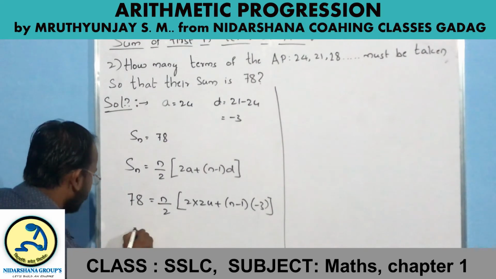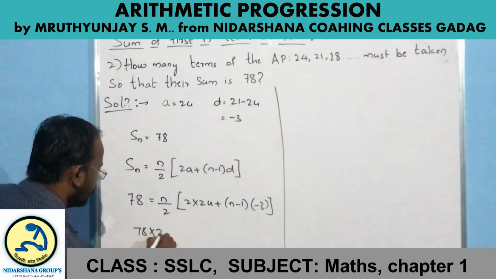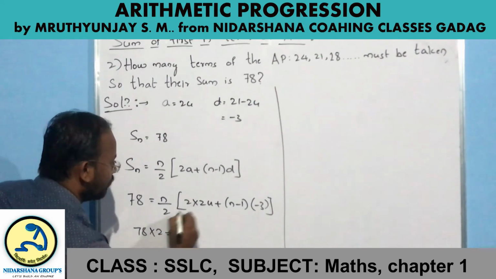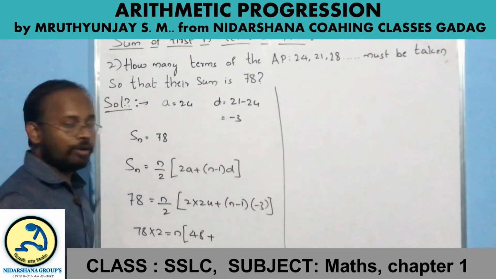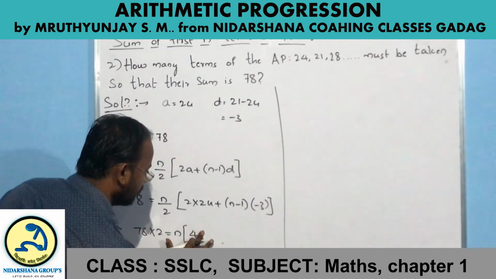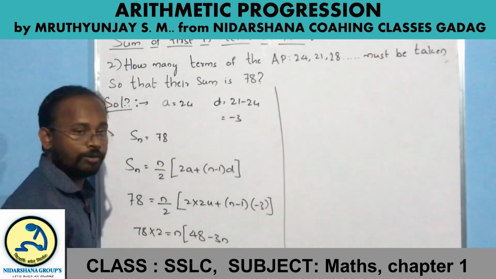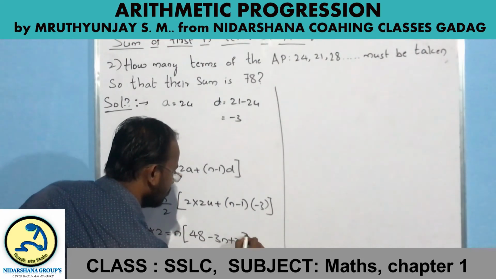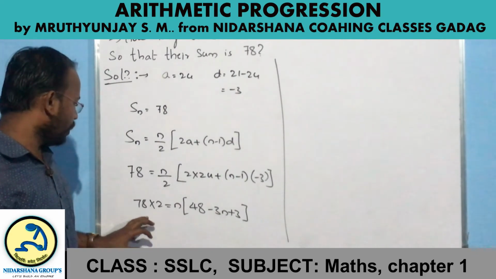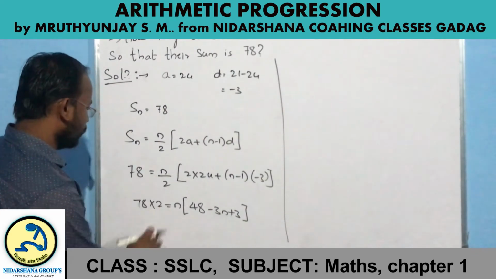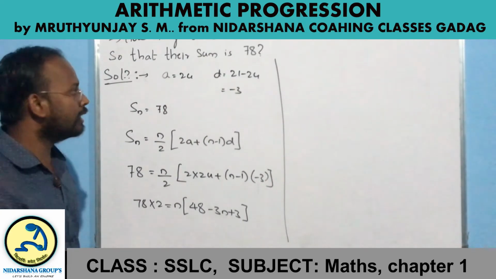Okay, so 78 is equal to... I will take this 2 to the left side of the equation. 78 into 2, and 2 into n into 24 gives 48, plus n into minus 3, that becomes minus 3n. 48 minus 3n, minus 1 into minus 3, that becomes plus 3. Okay, 78 into 2, that is 70 into 2, 140, plus 8 into 2, 16. 140 plus 16, it becomes